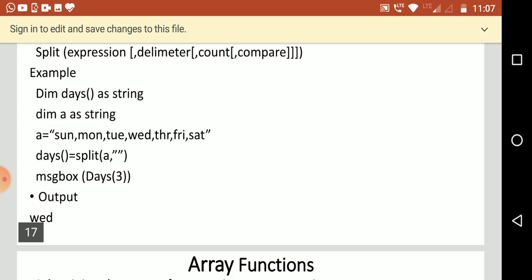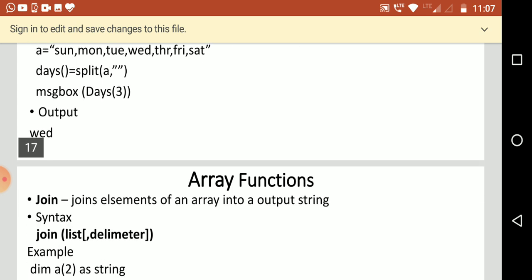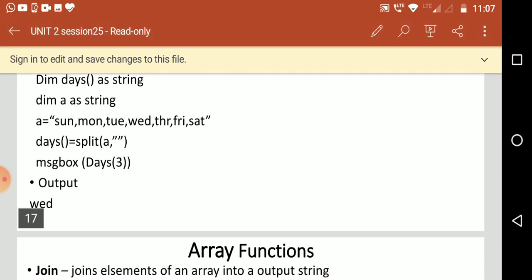The first parameter is the array name itself, using the Split function. When you say days followed by 3, it will print the third element. Since array counting starts from 0, it will print the name as Wednesday.